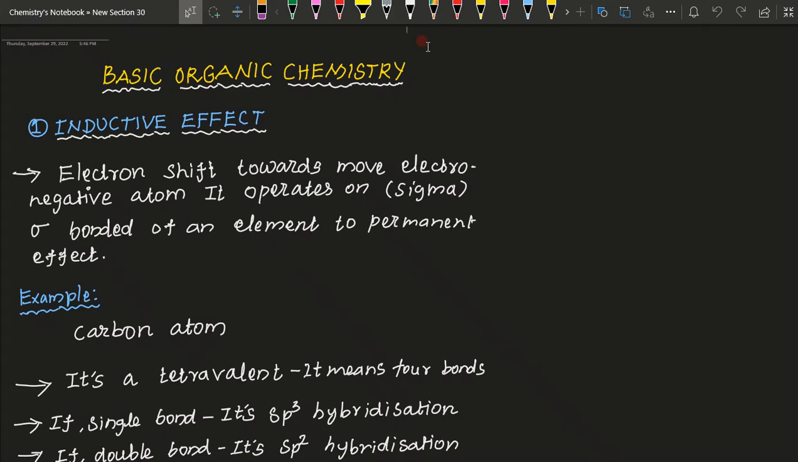The electron shift towards the more electronegative atom. It operates on the sigma bond of an element. It is a permanent effect. This is called permanent effect. For example,